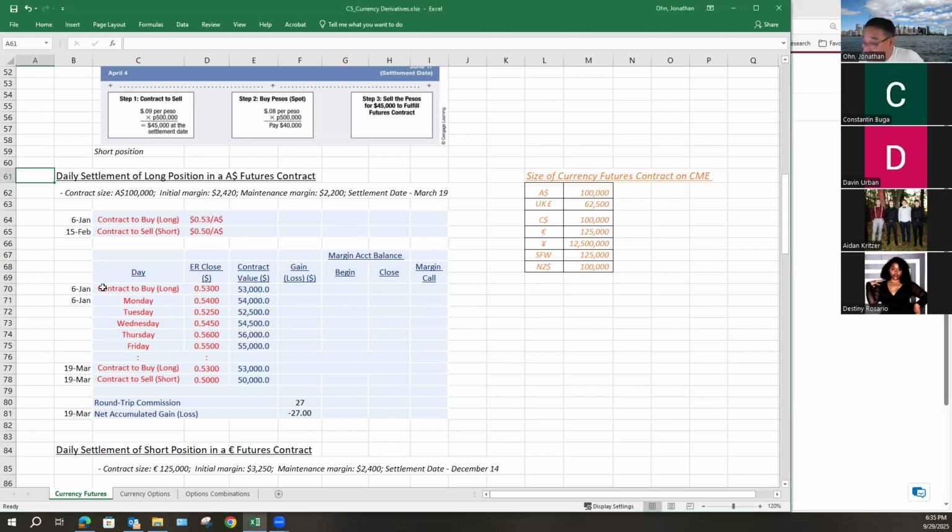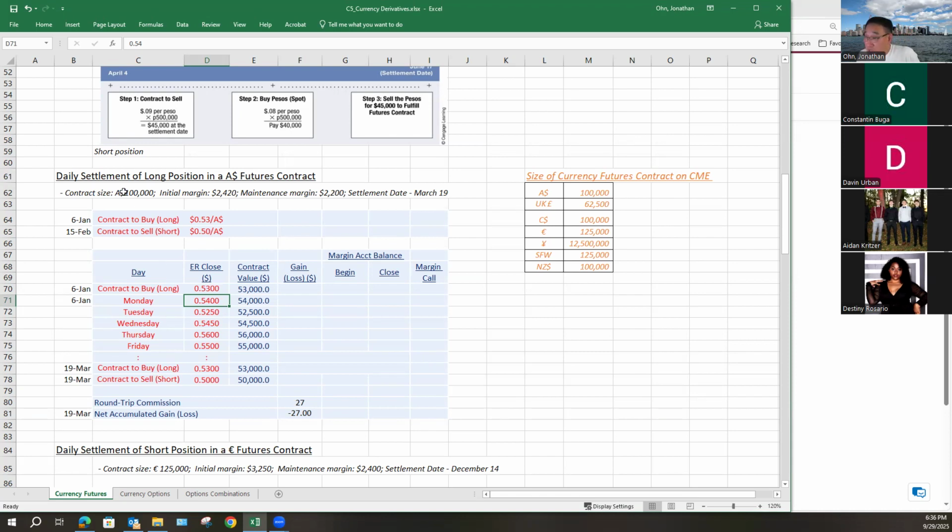Now the first day you got this one at 53 cents, but on that day the closing rate is 54 cents, right? 54 cents. So Tuesday close exchange rate, close rate is 0.5250 and so on and so forth. On Friday, 0.55, 55 cents. So given all this information,